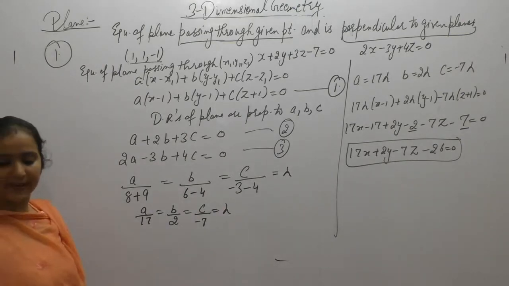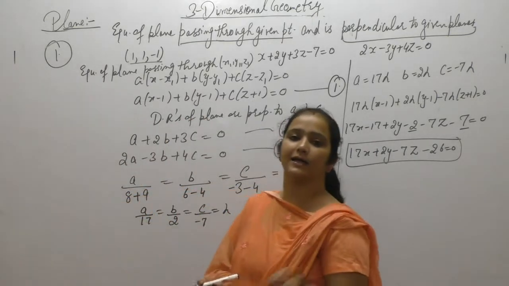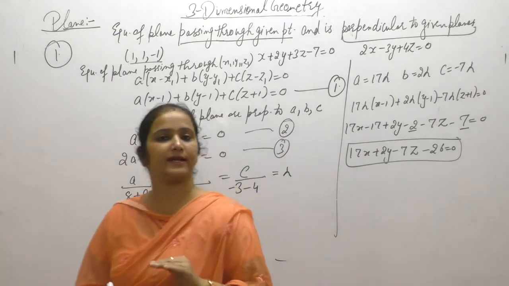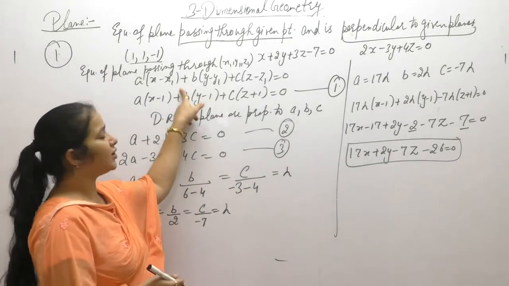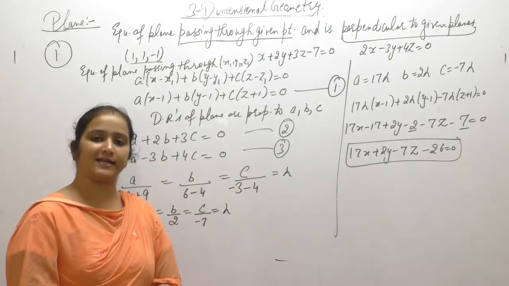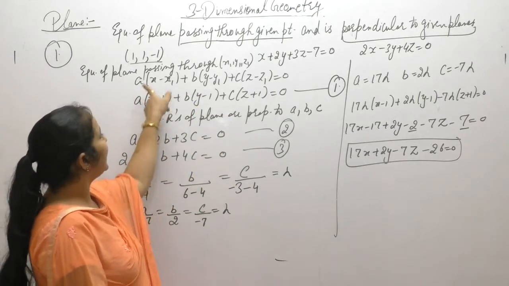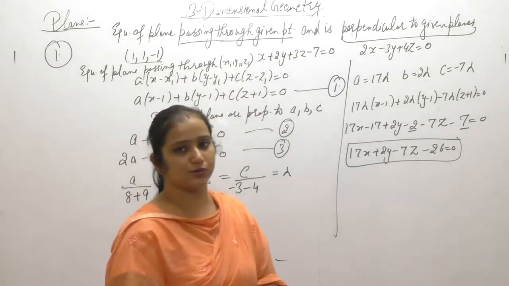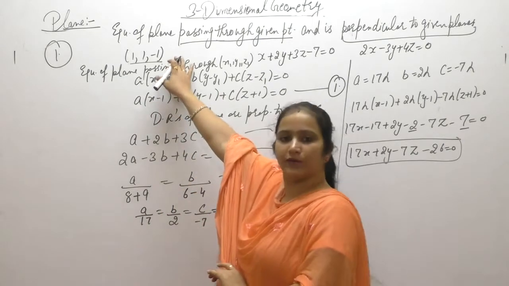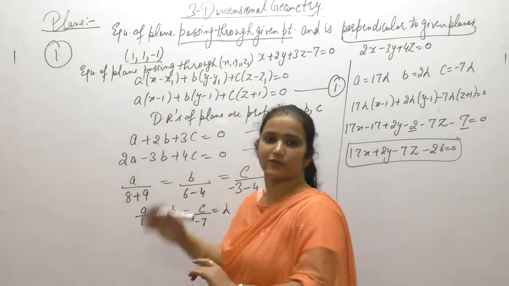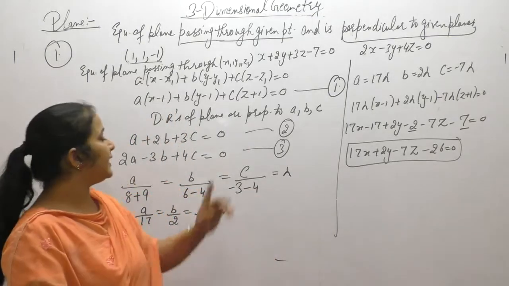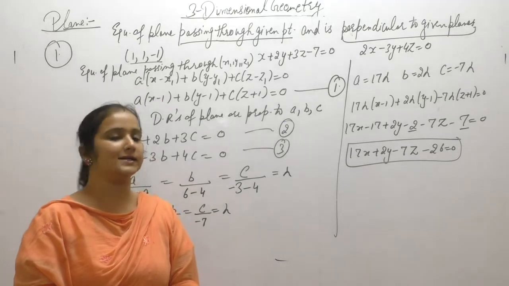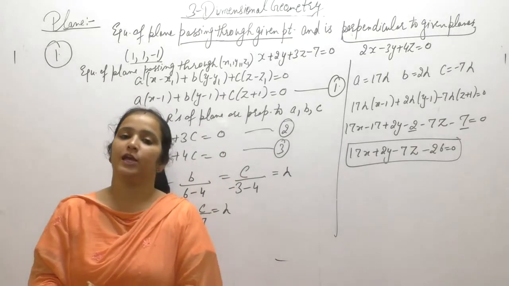Is it clear? सबसे पहले हमने क्या दिया? हमें गिवन था कि जो इक्वेशन ऑफ प्लेन है एक पॉइंट में से पास कर रही है और टू प्लेन्स के परपेंडिकुलर है. If the plane passes through point x1, y1, z1, it is a(x - x1) + b(y - y1) + c(z - z1) = 0. The point x1, y1, z1 we have been given. Substitute the values of x1, y1 and z1. After that, the equation of plane we have to find is perpendicular to the other two planes.